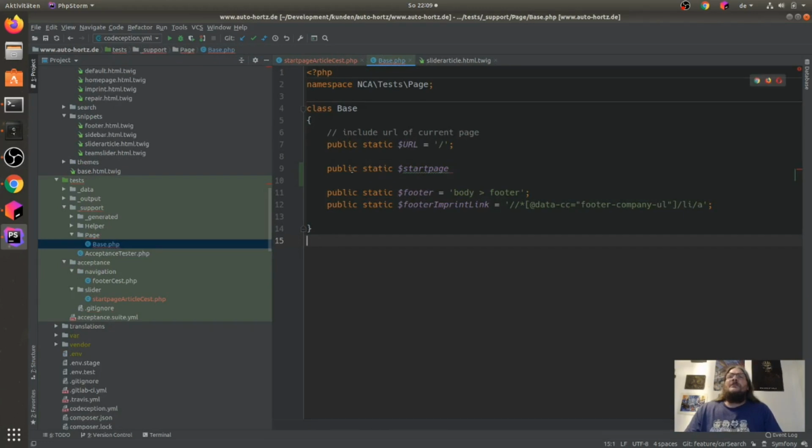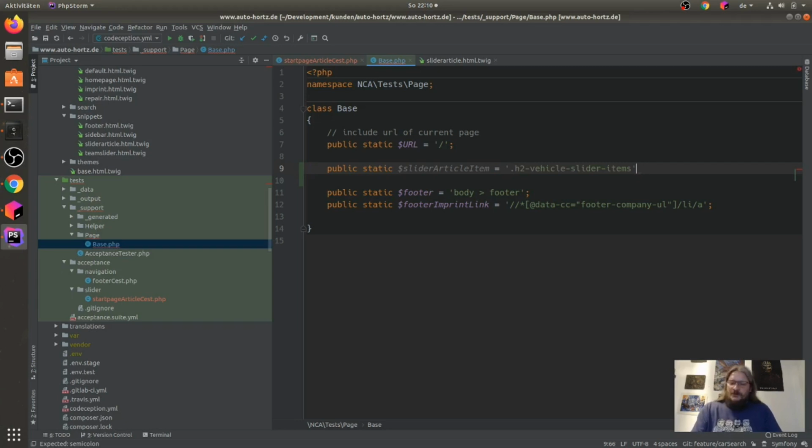Okay, so we say here public static $startPage is not right. It's on the start page, but it's just in slider article item, which has as selector our class here.